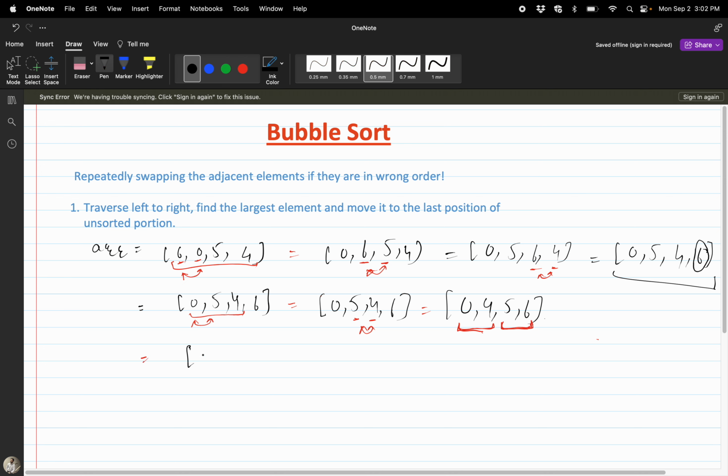In step 3 we have this array 0, 4, 5, 6, and now we want to sort the unsorted portion 0, 4. How can we sort it? We'll just perform the same operation again. Compare the two elements, see if they are in wrong order. If they are in wrong order, we'll swap the two elements, but they are already in sorted order, so we don't need to swap them. And there is no element after 4, so we don't need to compare 4 with anything. So we have successfully